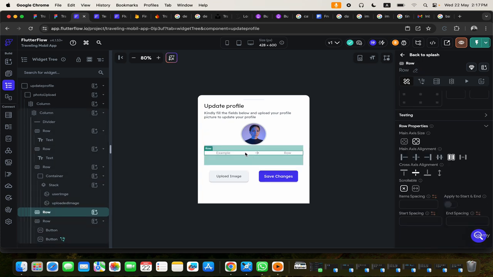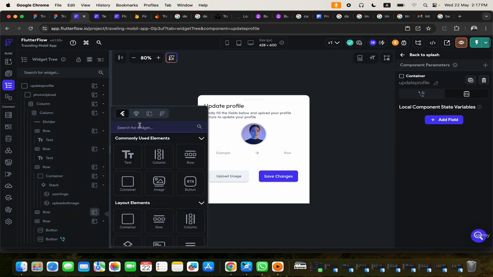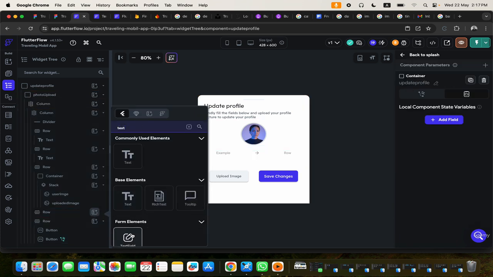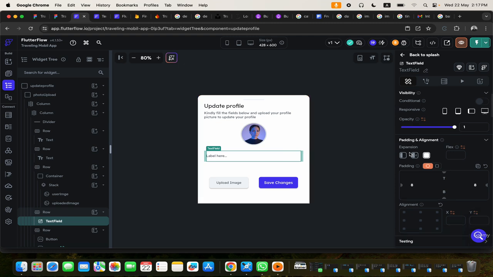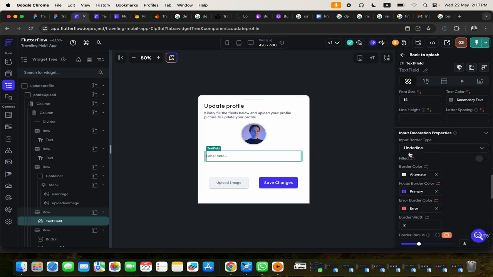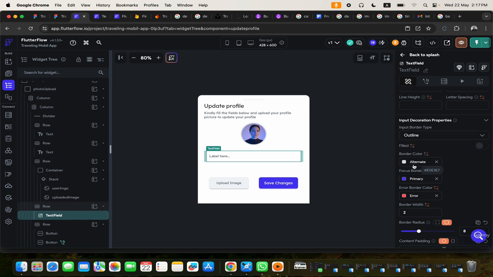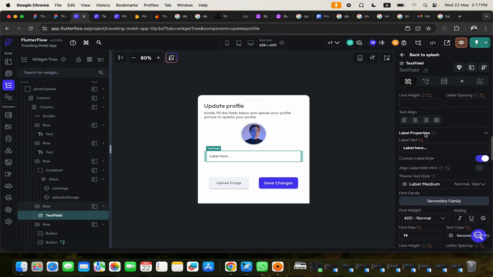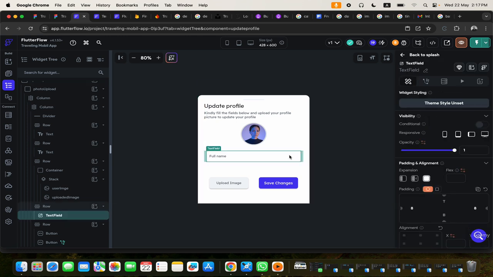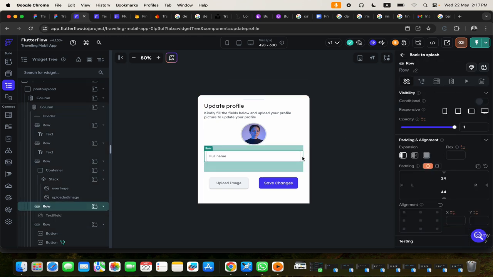And inside this, I'm going to put a text field. Yeah, so we're just gonna put a text field. Let me go set up the text field. The text field input decoration properties, I'm gonna make it outline. All right, and then on the labels, I'm just gonna say here a full name. Okay, all right, that's about it. Full name. It doesn't need so much of this. We just make this 12,